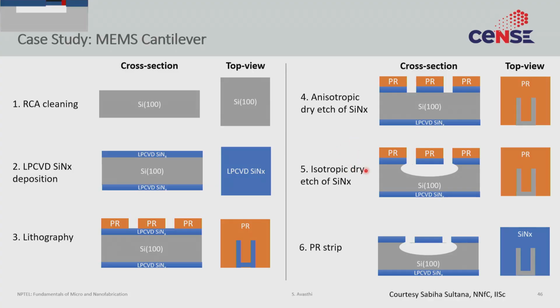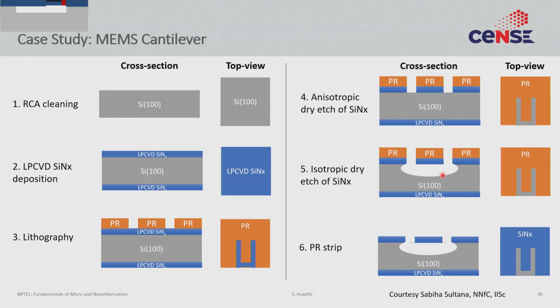We do an isotropic dry etch, and when you do an isotropic dry etch, you actually create an undercut. So you see there's an undercut on the left side, there's an undercut on the right side, there's an undercut here, there's an undercut here. And if the undercut is severe enough, then everything underneath this photoresist will get etched, right? So if you go back to the slide, everything beneath this silicon nitride layer has been etched. So what you then have is that this silicon nitride part is now hanging, it's free floating, right? There's nothing underneath it. It's being supported from one side, but otherwise it's free. And that is essentially your cantilever.